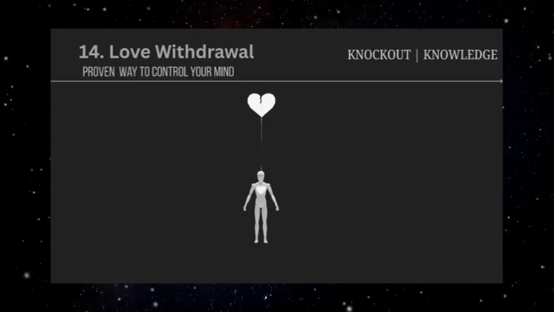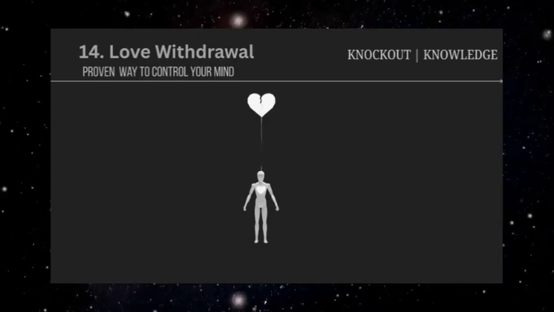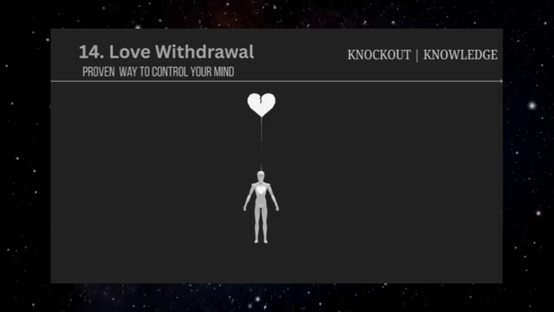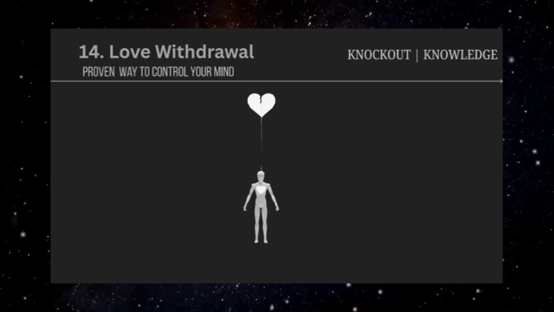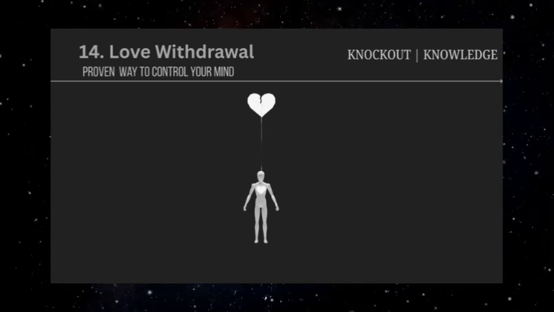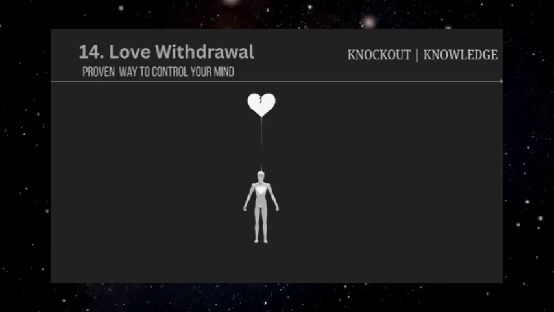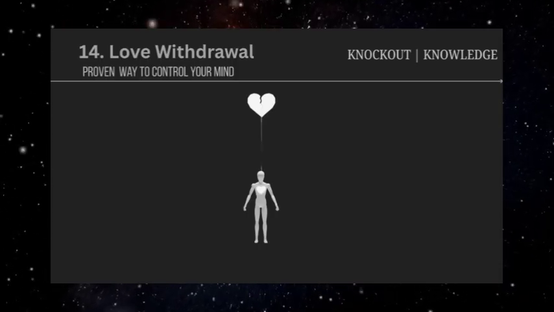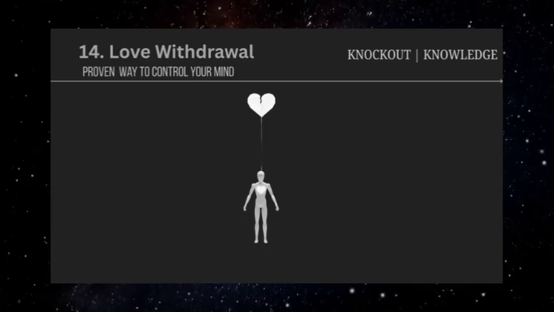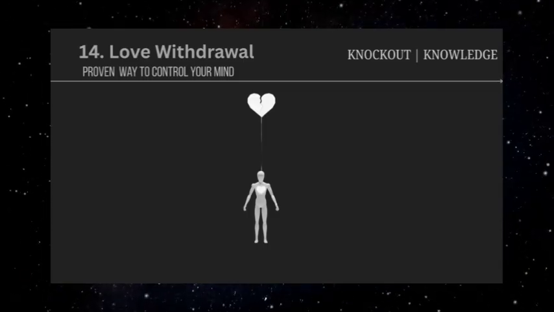Love withdrawal typically begins when someone doesn't get what they want. Instead of directly discussing the issue or accepting the other person's boundaries, they shift their entire emotional demeanor. Warmth disappears, conversation becomes minimal and cold, physical affection stops, and they may even act as if the other person doesn't exist. This dramatic change in emotional climate creates immediate distress for the person on the receiving end.